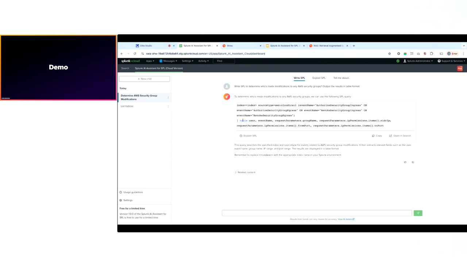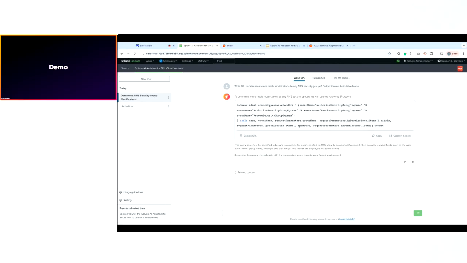It's also helping us to understand some of the commands that Splunk has, like the table command. If I don't know what the stats command is or how to aggregate data, we're actually able to learn about different commands that Splunk offers without having to go read the documentation. And last, but I think very importantly, this is also helping us to understand how data is structured when it